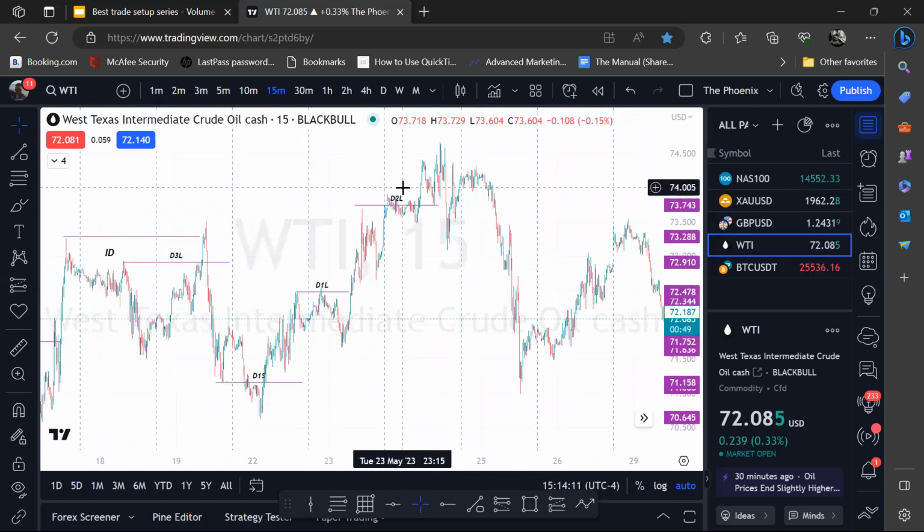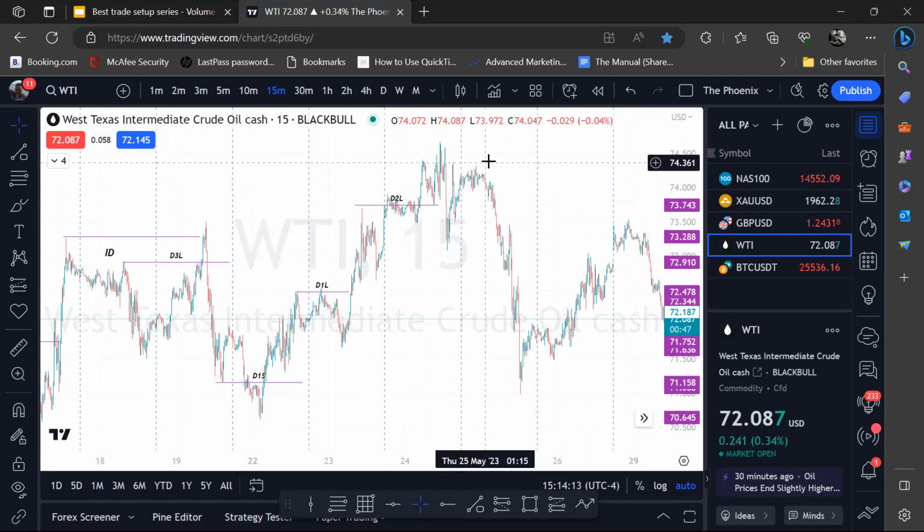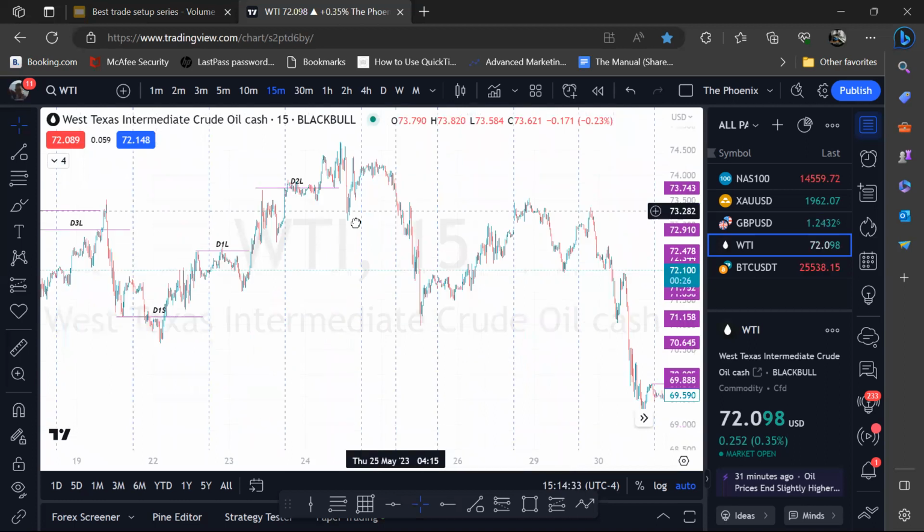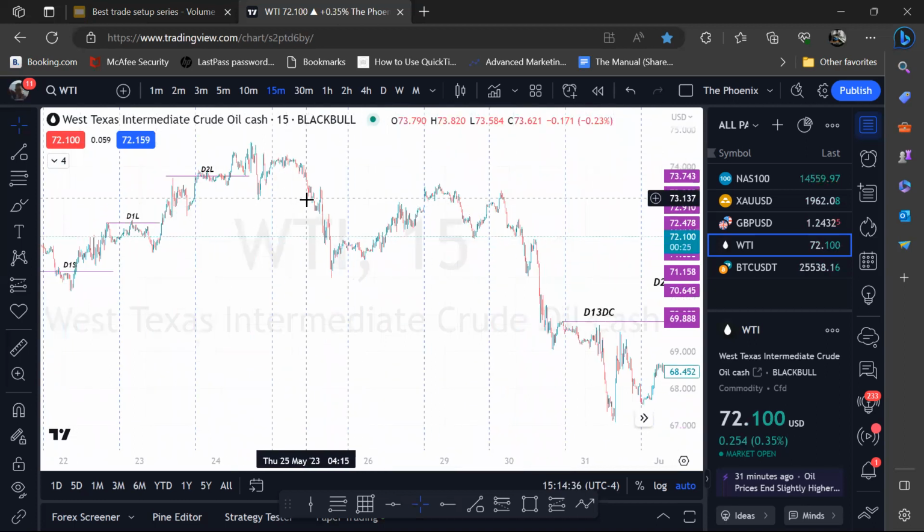We then had day two longs. And then day three didn't take out this high, but immediately gave the reversal coming out of Asia. We would have still been looking for a false break reversal on this day. It's just that you'd have to be able to notice that the reversal began immediately as the day basically opened. And so we had another day one here, but then the count reset.